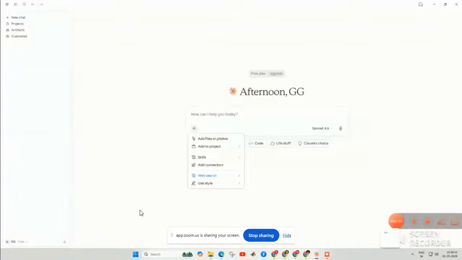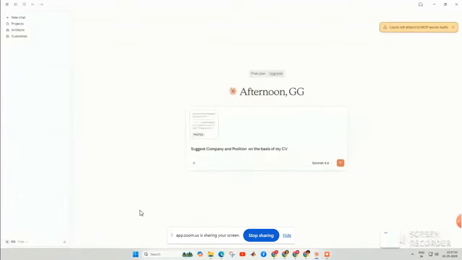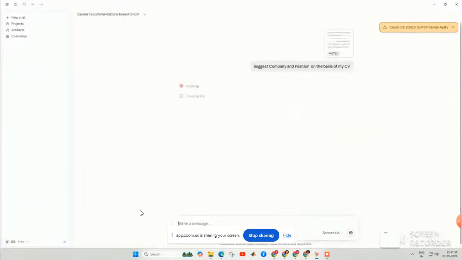Later I uploaded my CV here. Not uploaded, because it would take time; I basically pasted the content of my CV and gave the command: suggest a company and position on the basis of my CV. So it generated some institution names, and later I again connected Gmail with the same email ID that I am using for Cloud and AP5.